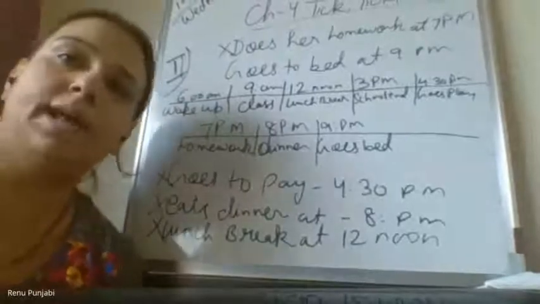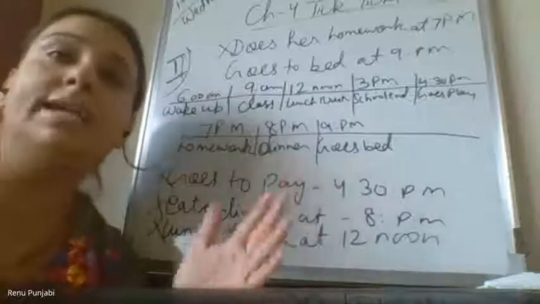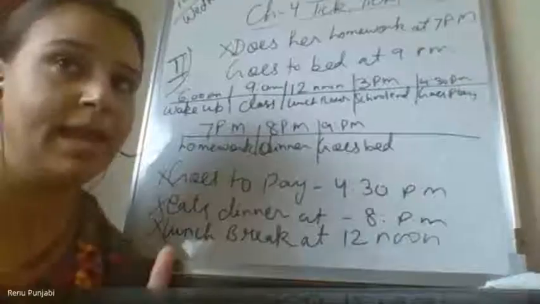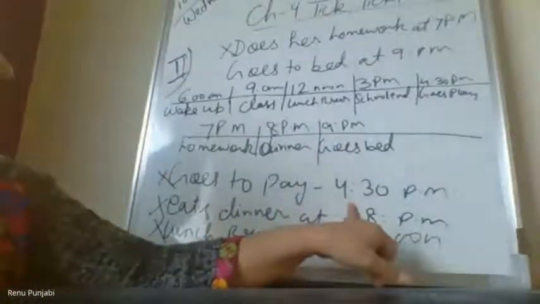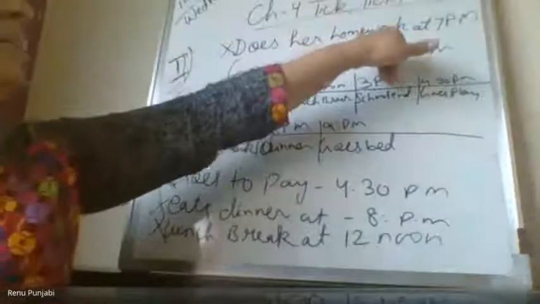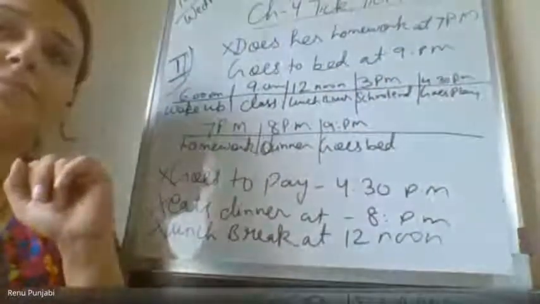How to make the timeline? How to arrange the activities on the number line on the timeline? Why it is not a number line? In this, you hadn't written homework and goes to bed, but you had written on the timeline. No, it was there. Goes to play here at 4:30, and homework is here at 7 p.m. Clear, children? Yes.